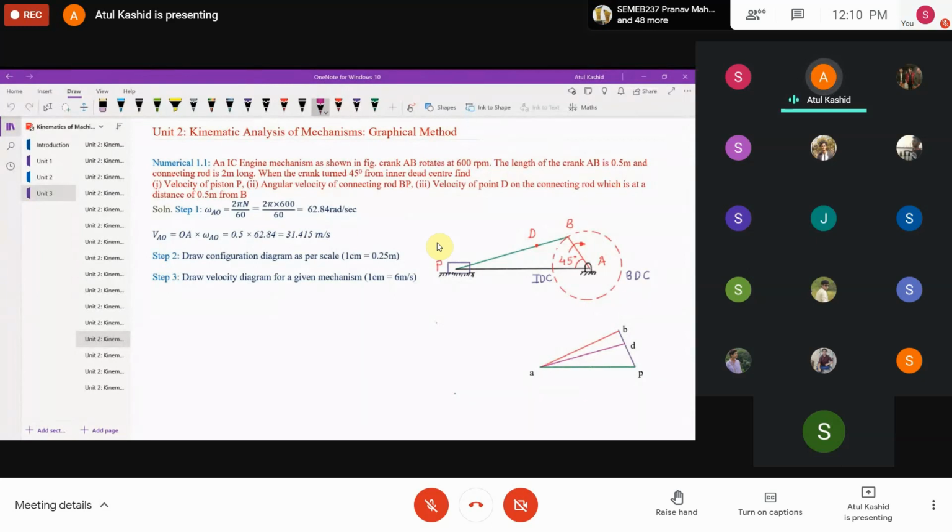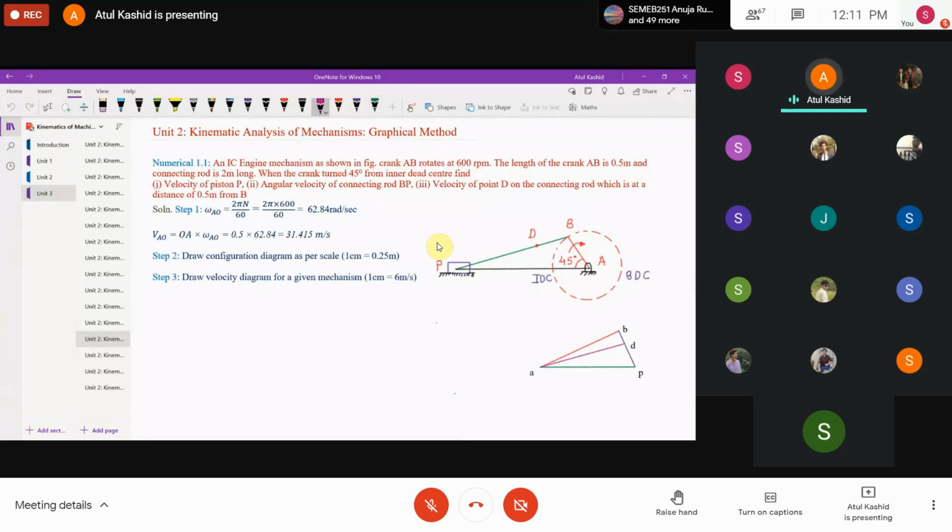In this numerical, we are going to see the slider crank mechanism, right? As we know, in the slider crank mechanism, we have a crank, connecting rod, and piston, right? So I will quickly read down the numerical, and then we'll start with the graphical method. I hope everybody is with their drawing books, as I told in the previous lectures, and I'm telling you again and again in the lectures that keep the drawing book with you, keep the geometrical instruments with you. Whatever I'm saying, you have to do it with me. Okay. So now I will read the question.